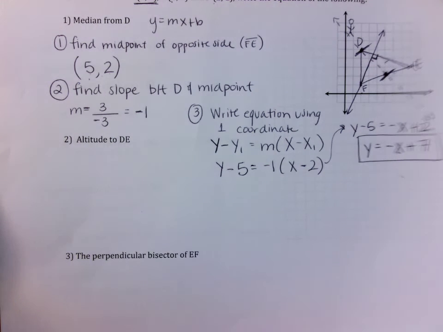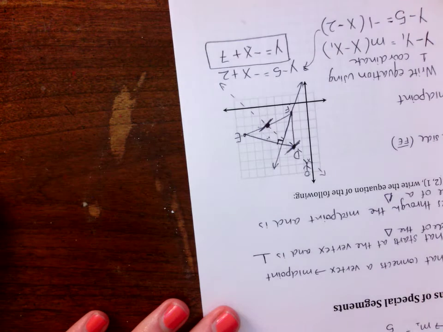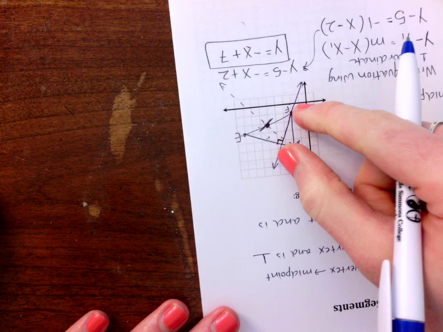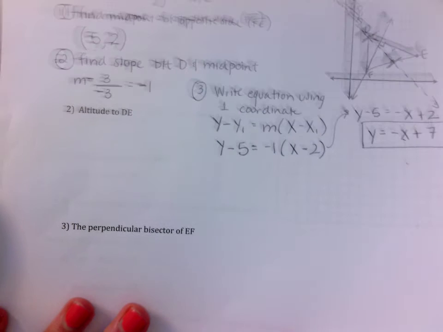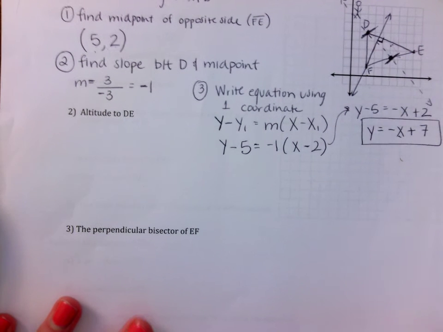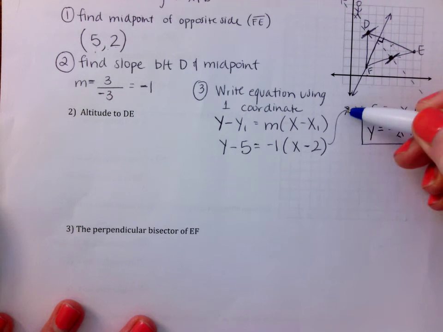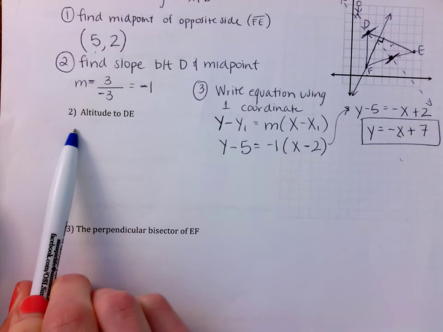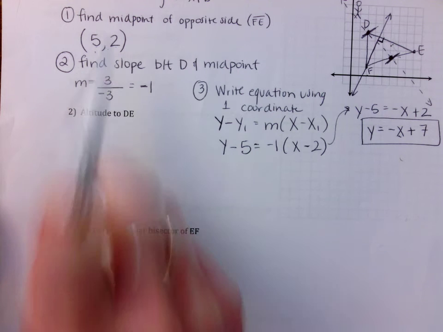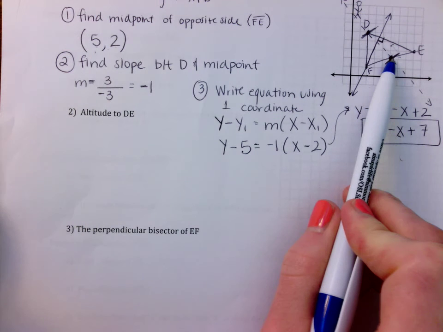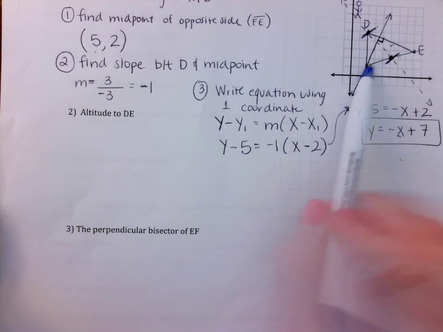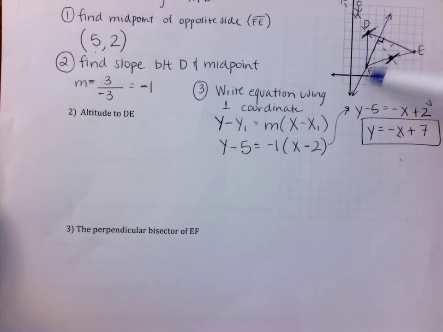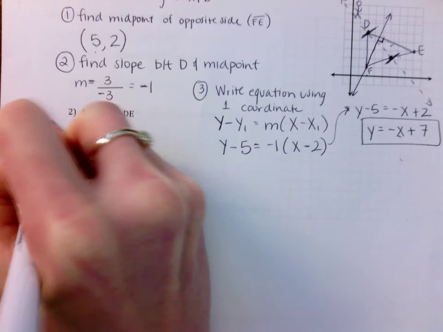If you flipped that upside down, let's see if I can do that. Flip that upside down, do you see how that contains the altitude or the height to DE? Now again, the altitude is a segment, but it does fall on the line that I just sketched in here. So for altitude, you need a couple of different things than a median. So median, we needed the midpoint, and then we had to find the slope from the midpoint to the opposite vertex. Here, we are going to need to find the equation of the line, but it needs to be perpendicular to DE. So the first thing we're going to do is find